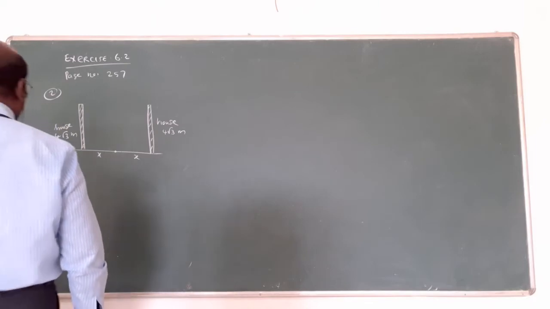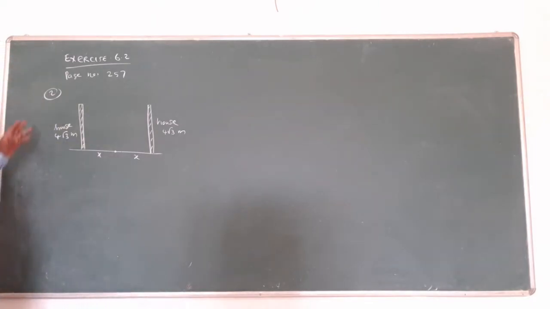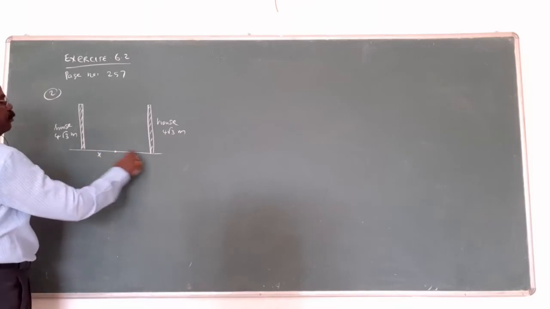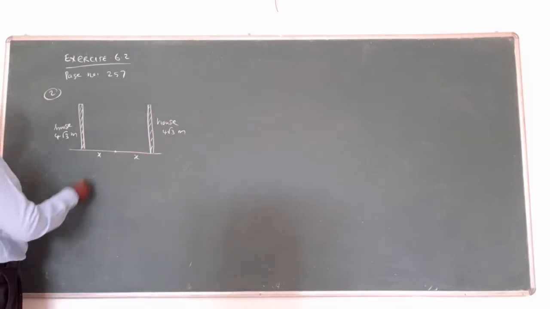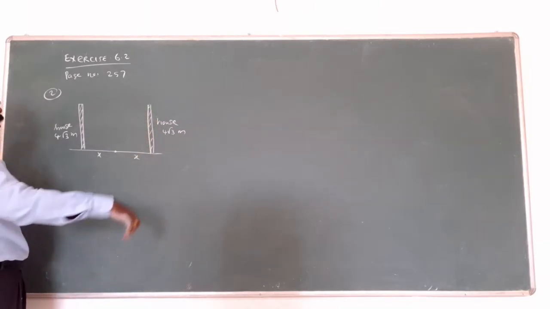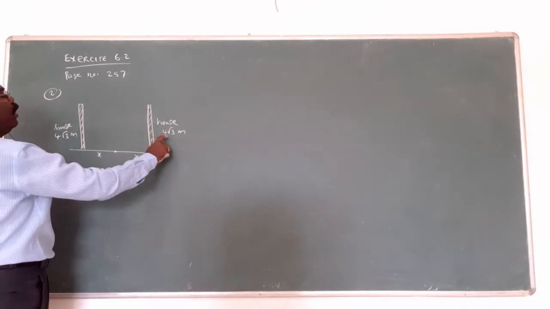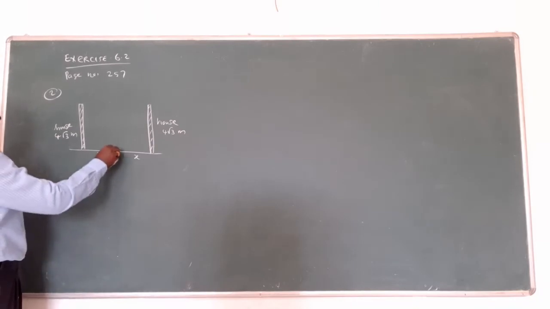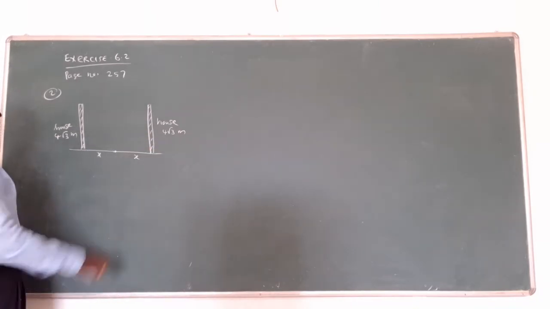Listen here. The next question. Exercise 6.2, page 257, second question. Read the question clearly. A road is planned with continuous rows of houses on either side. This is the road, this is the width of the road. On this side and the opposite side, so many rows of houses are there. The height is 4√3 meters. This is also 4√3 meters. This is the median, a divider in between.